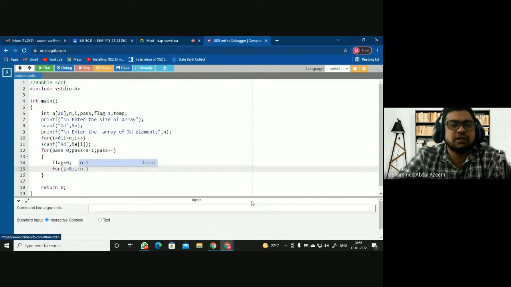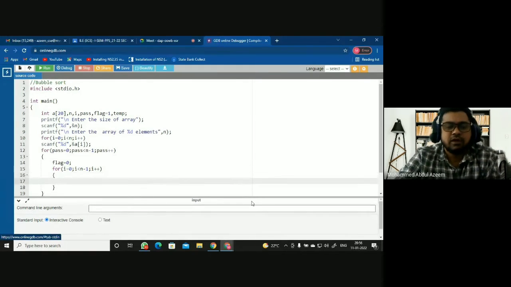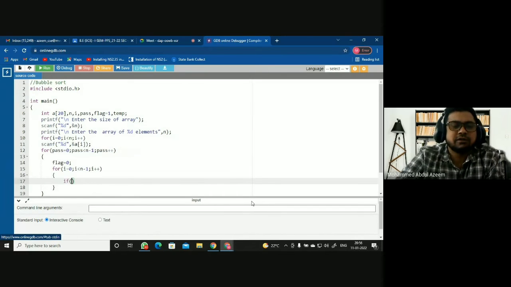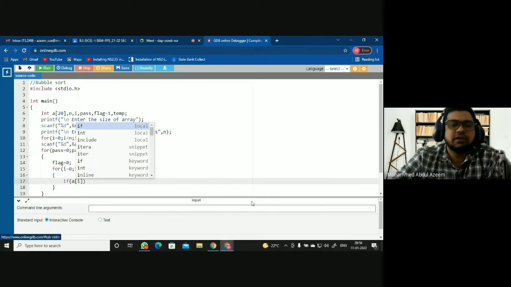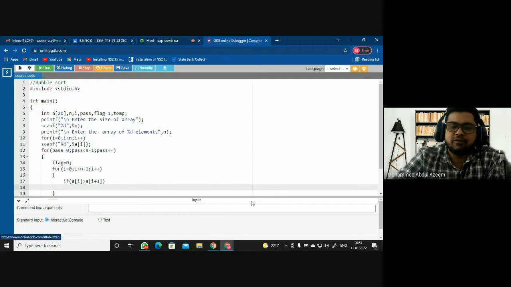Till up to n minus 1, okay? i plus plus, right? And then inside the for loop, I'll have to compare the previous element, that is a of i, with the next element. If the previous element is greater than the next element, okay, then what will you do?